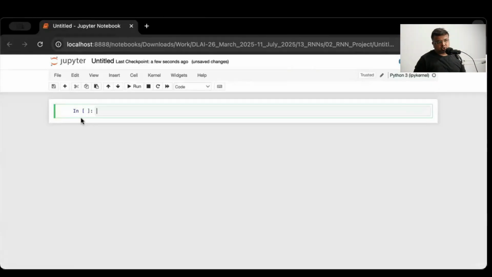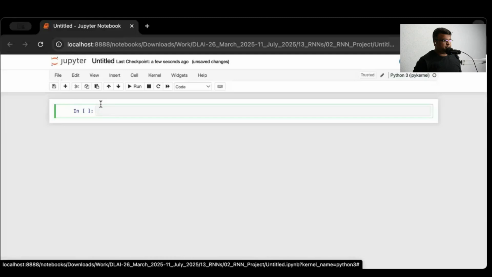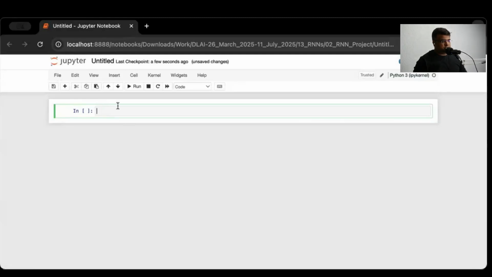Before starting this project, be sure that you are running this notebook in the same folder where you have placed your dataset. The dataset, that is the CSV file, you have to put in the same folder wherever you are running your notebook in your computer. Let me start with importing some of the libraries. So I'll start with importing